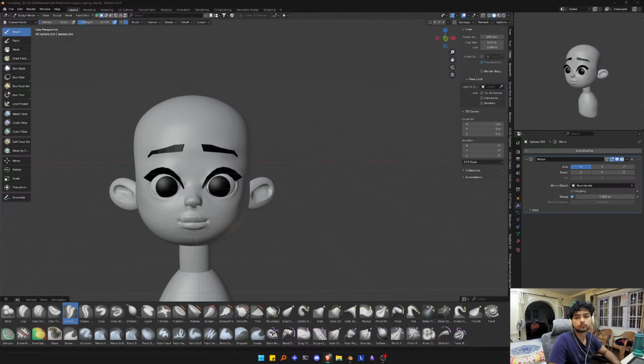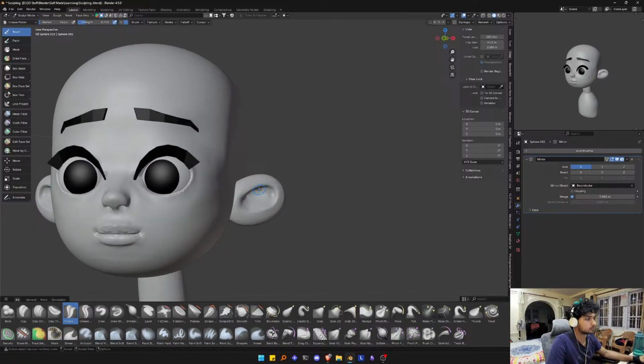I'm also going to use the pierce brush to add this bit of the ear, just like so. Then by holding down Shift,